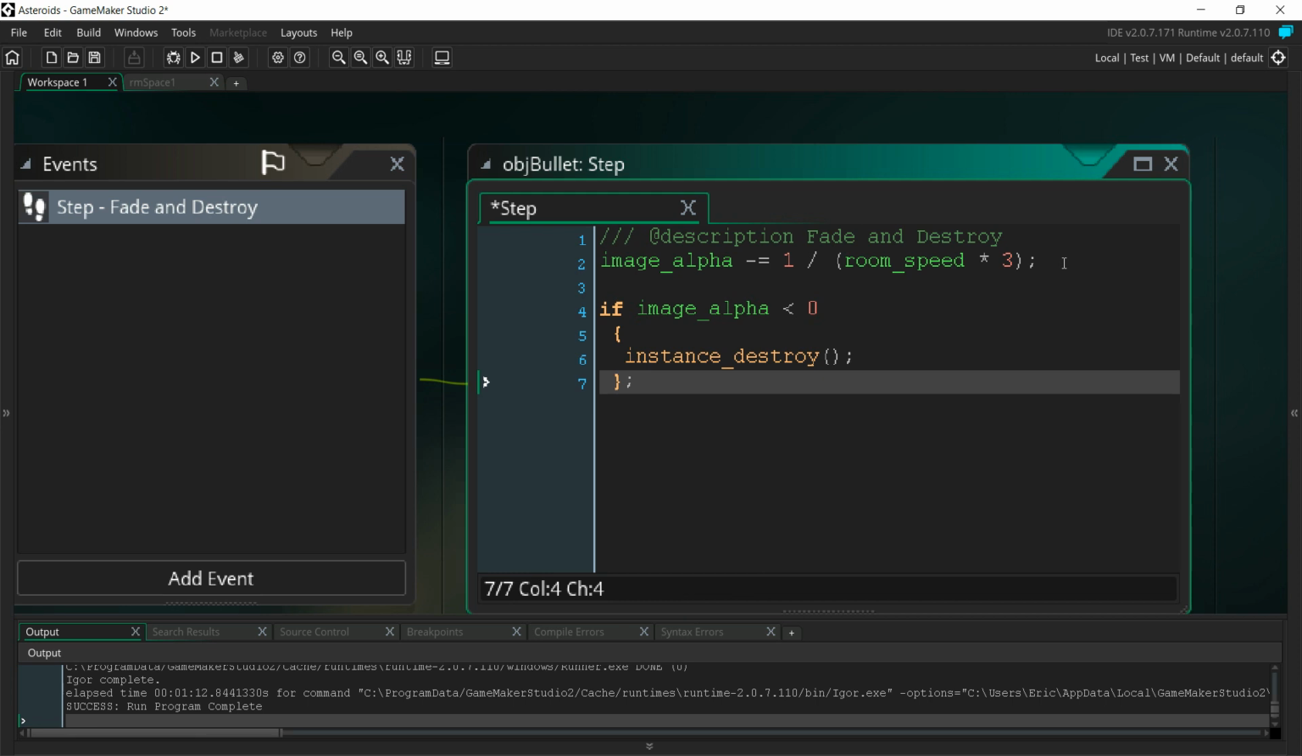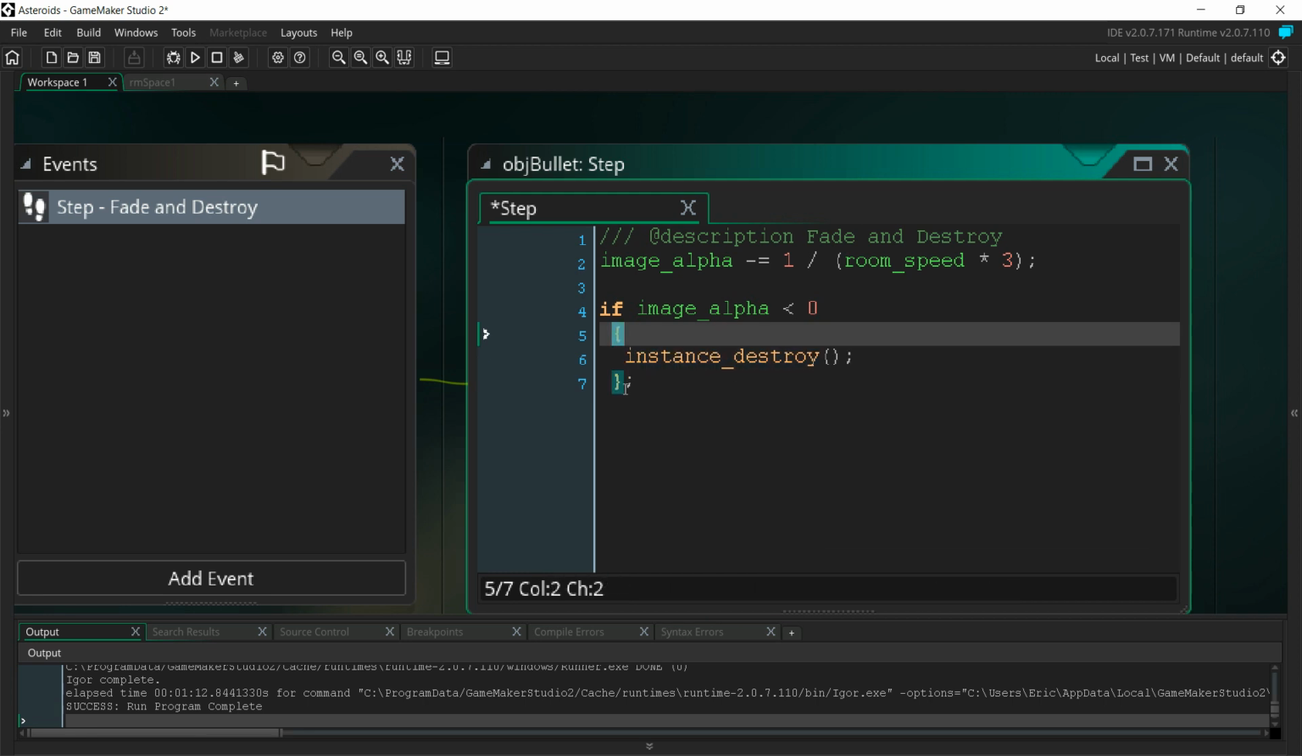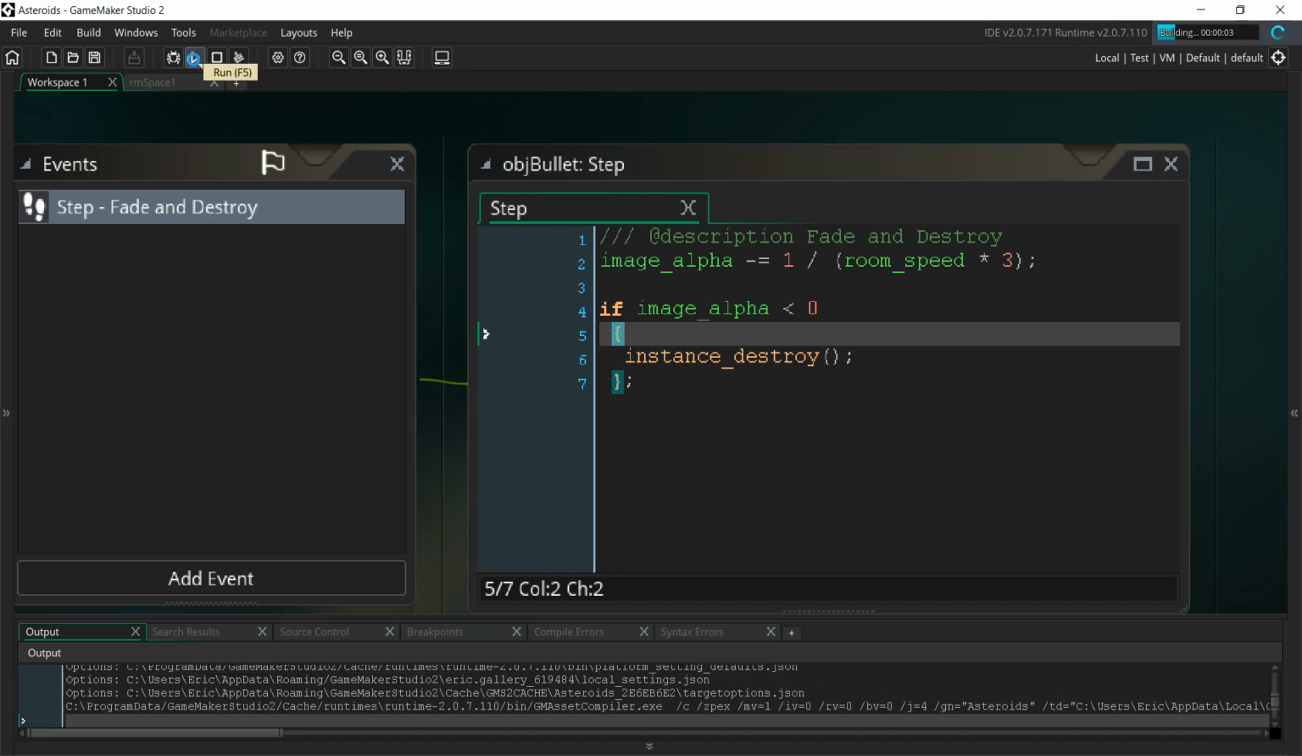Okay. So now it asks if image alpha is less than 0, which means it's completely transparent, then destroy itself. This code between the brackets will only run if this is less than 0. So as long as that thing is any type of visible, it will not disappear. Now, 3 seconds may be too long to actually see this in effect, but even if you don't see it, it will be okay. So I'm going to run the game again,